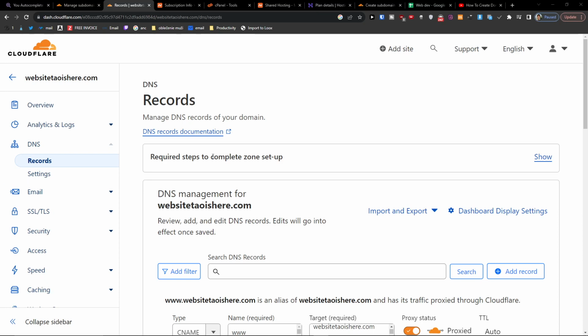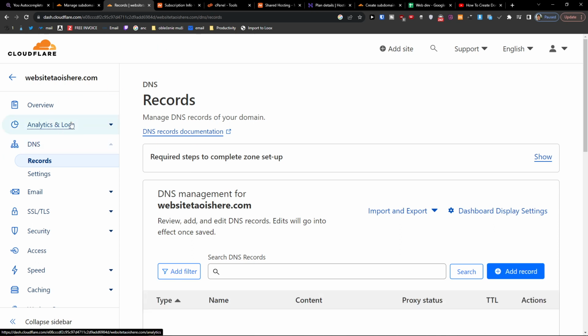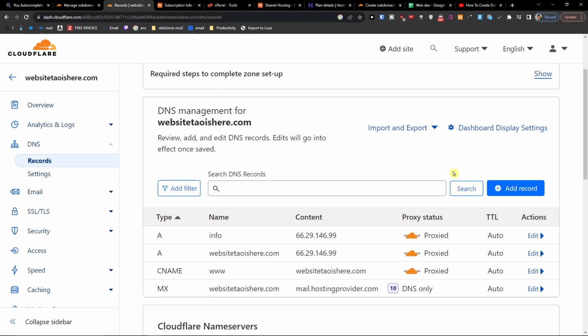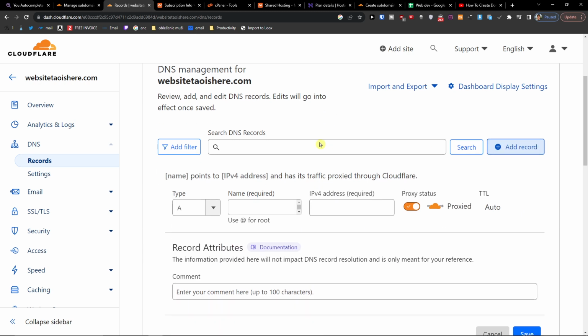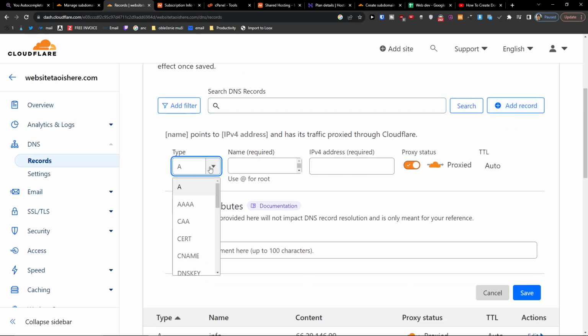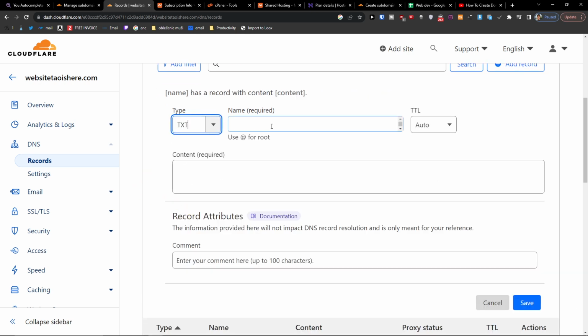you can add a TXT record to your Cloudflare. So the first thing that you want to do is that when you're going to be in Cloudflare, you want to click on the DNS, and then you're going to have records here. Then you want to press add a record, and right here you're going to have type. So when you're going to scroll, you're going to have TXT, and let's say name is going to be your